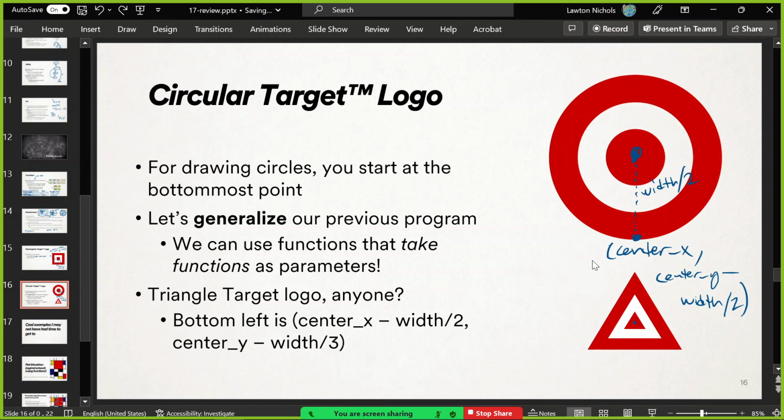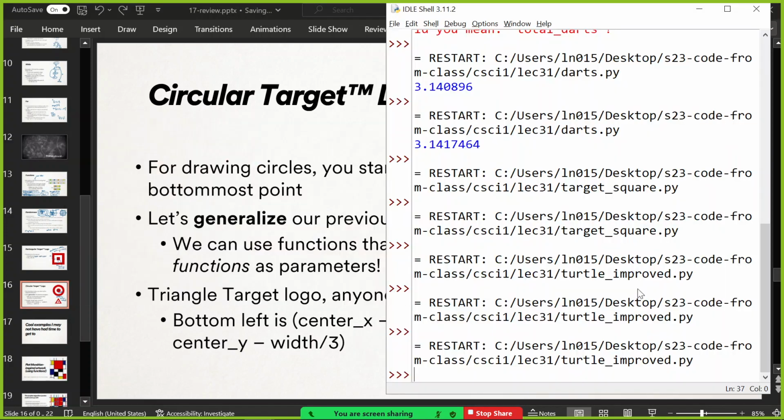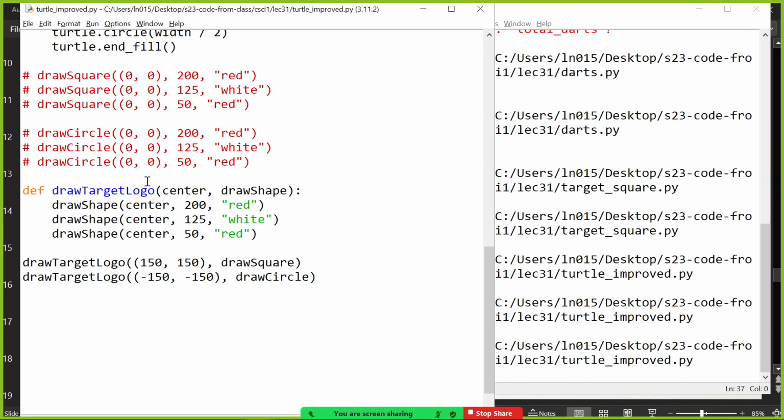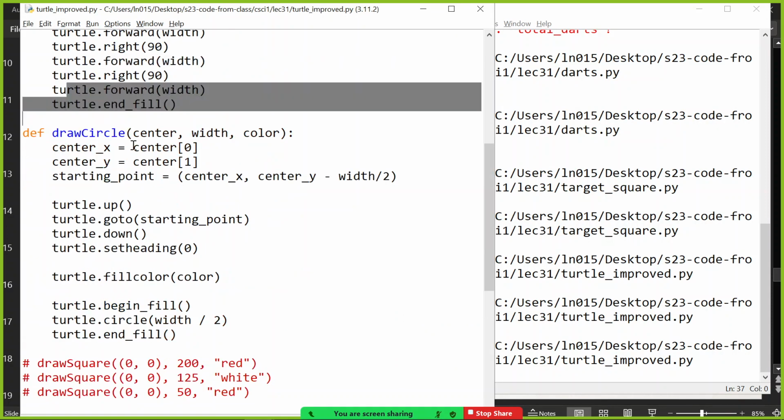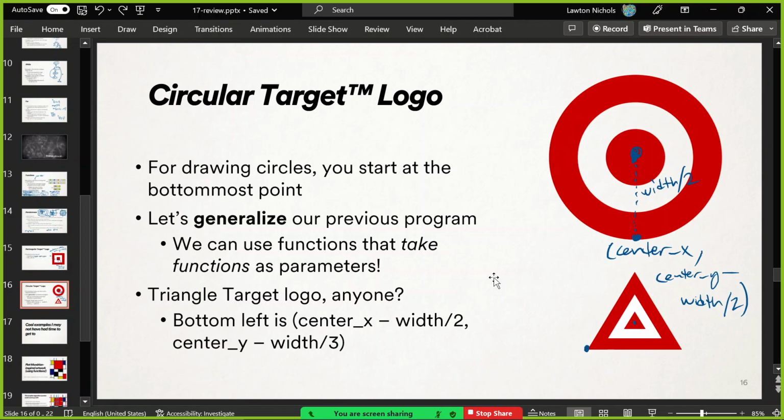The base and the height is a little off, but you can have a center to a triangle, and we know how to draw triangles starting from the bottom left. That's how I taught you, facing right and going forward. So how do you, from the center of a triangle, because that's what this function will be given, get to the bottom left?